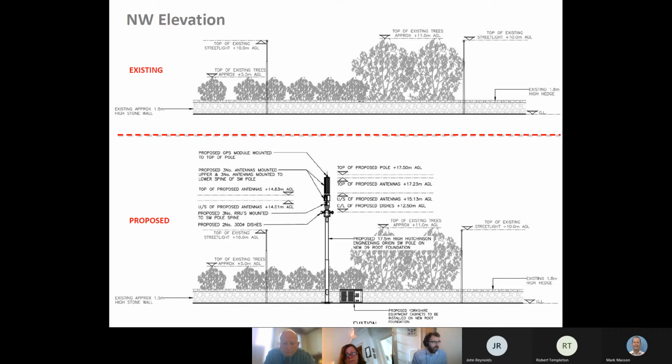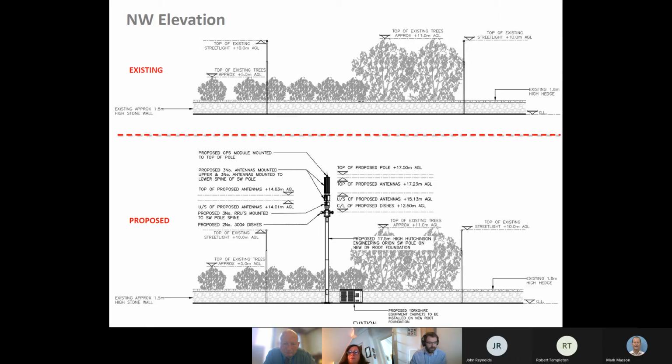The equipment would be installed in the southern portion of the footway close to the boundary wall enclosing West Haven, with cabinets opening outwards onto the footway when in use. So you can see in this lower image